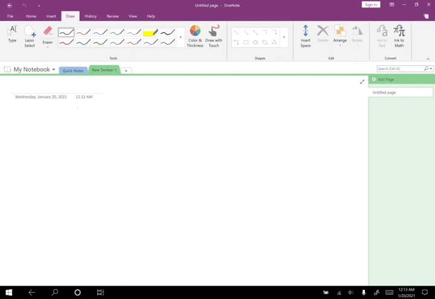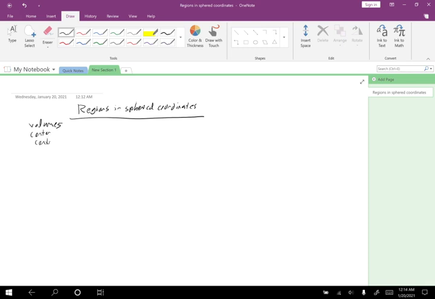Okay, I'm going to briefly talk about how to describe some regions in spherical coordinates, because this can help you do things like calculate volumes. You might have some center of mass problems or centroids, and